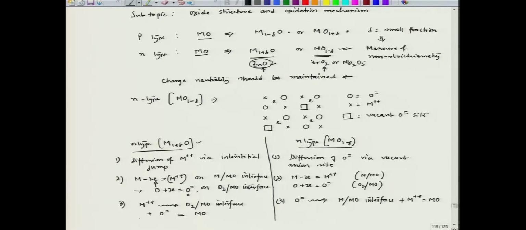So, now here the oxide growth happens on the oxygen–metal oxide interface,